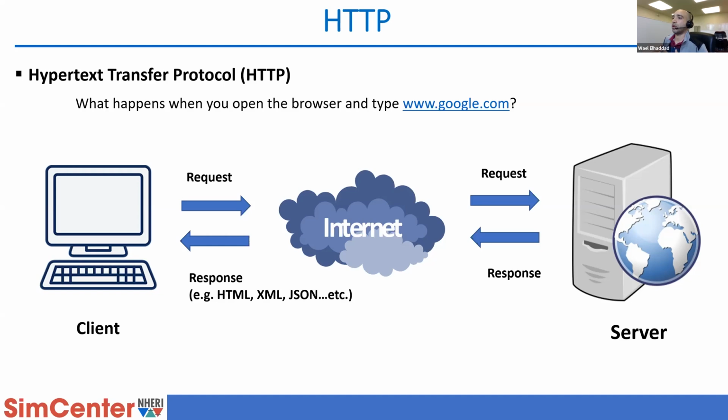Just to sum it up, your computer as a client sends a request to the server, which is in Google. This server sends you back a response, and the response is most of the time in text form. In this case, it's called HTML, but there are other cases where you request something from a server and you get another form of text, like the one we will cover today, which is very popular these days, called JSON. So you send a request and you get back a response. It's in text form, and your computer can either take this text and render it on the screen, or as we will see today, you can get this response and do something else with it that's useful for the